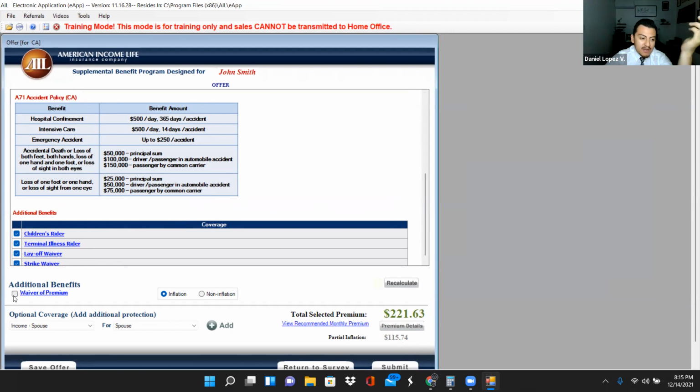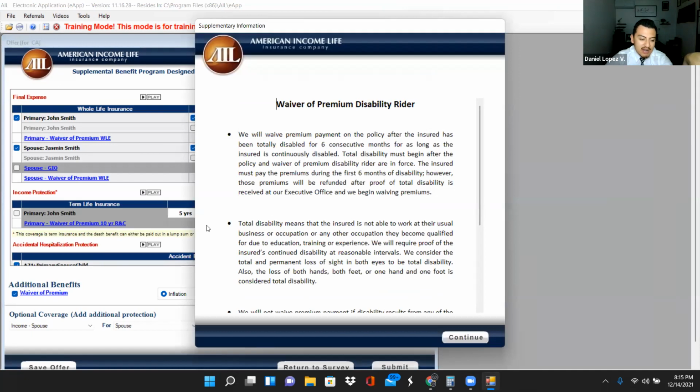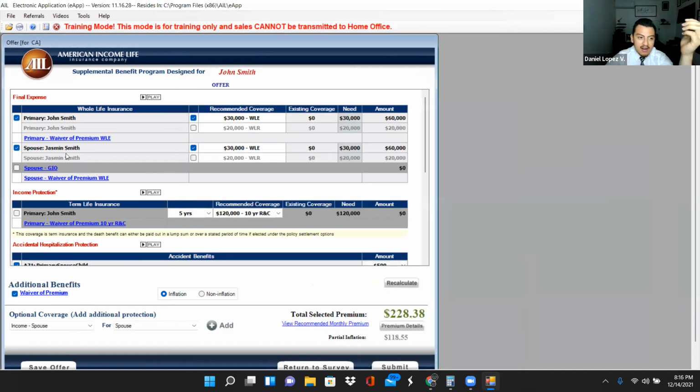It's called waiver of premium. You click it, recalculate, and it asks the thing right here, waiver of premium. What the waiver of premium is, I suggest you guys click on that and read all of it. It just means if you're ever on disability for 6 consecutive months and you're unable to work, on month number 6, we're going to refund you the last 6 months you paid, and then we're going to waive all future premiums until disability is over. So while you cannot work, we'll pay for the life insurance and you continue when everything goes back to normal. Okay, you can add that on.